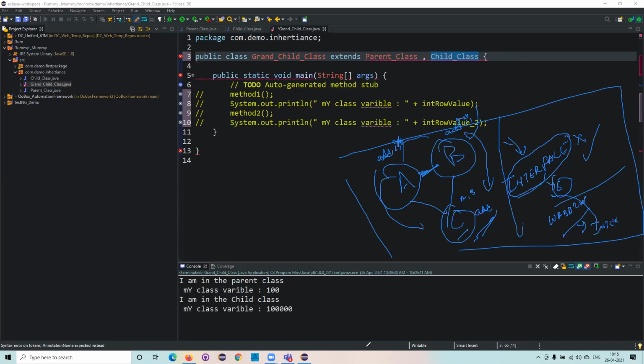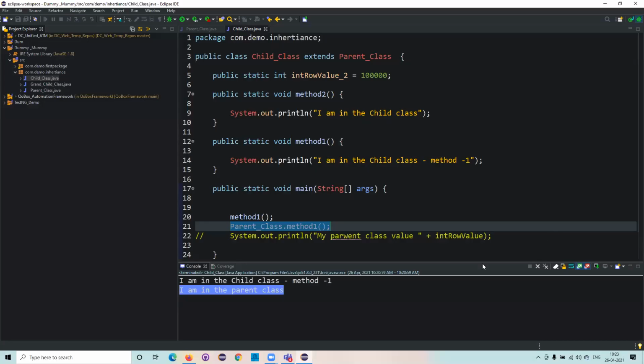Chris, if the child class has the same property as the parent, then also we cannot use it, right? Child class is, I forgot to resume it back. I think I missed the complete this one.